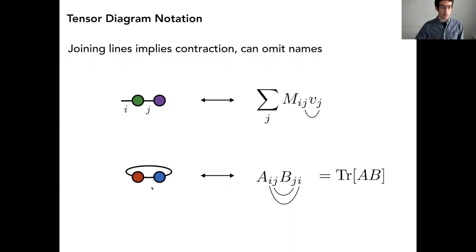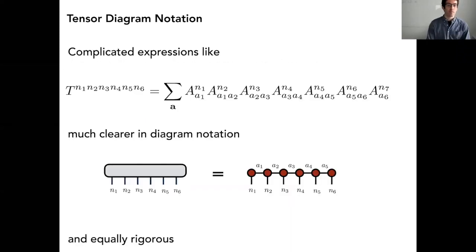And here's a sum where you have two matrices, because we can see there's two lines coming out of each object. And both indices are summed over, and we can immediately see the result is a scalar because there are no indices left over. We can even see properties like that if I take this blue one and I slide it around the back of the ring, the answer won't change. And sure enough, this is the trace of a product of two matrices. And we just proved that it's cyclically permutation invariant just by visual inspection. So it's a nice notation.